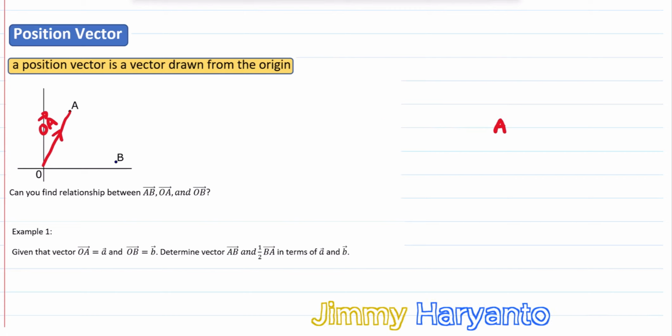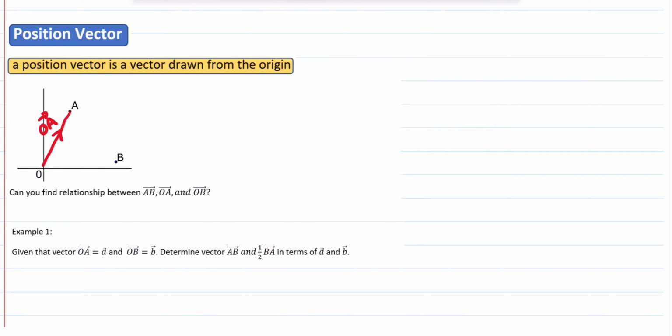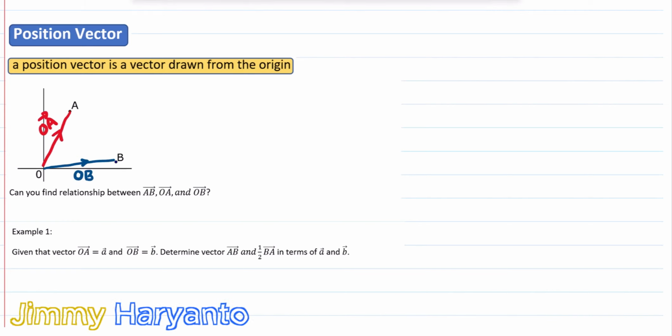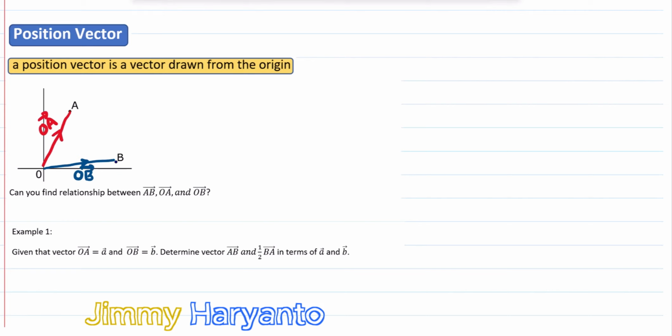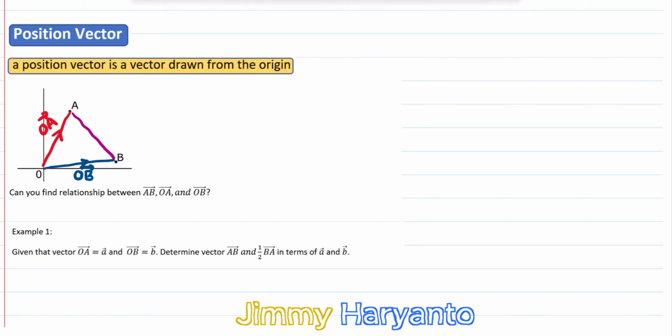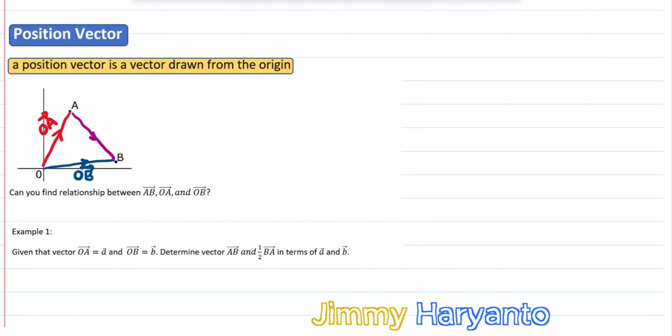The meaning of OA is start from O and end at A. And then we have another point right there, which is B. If we create another vector from O to B, we'll have OB, and OB is the position vector of point B. And also we can create another vector like AB, and as you can see, AB is